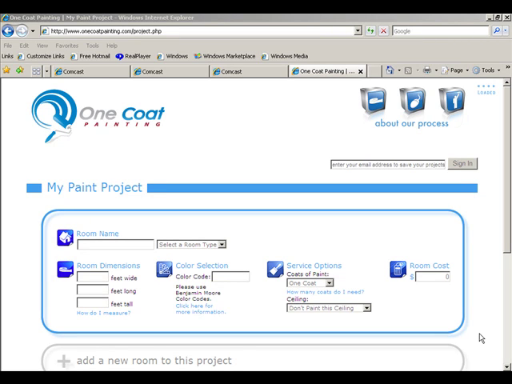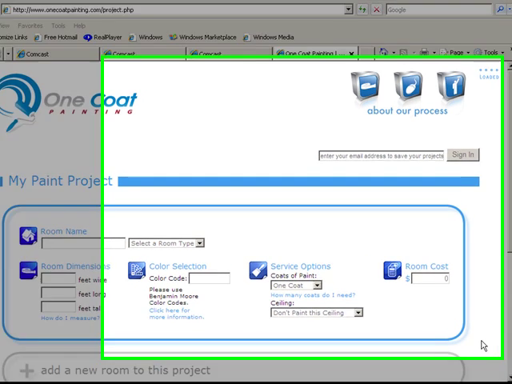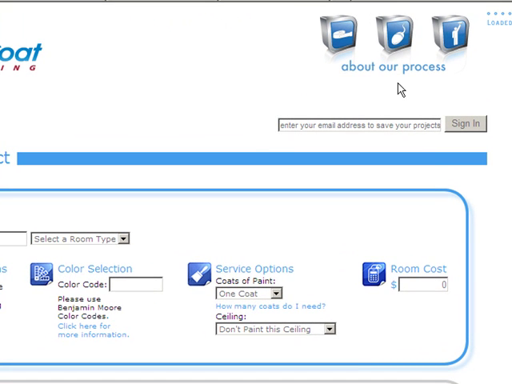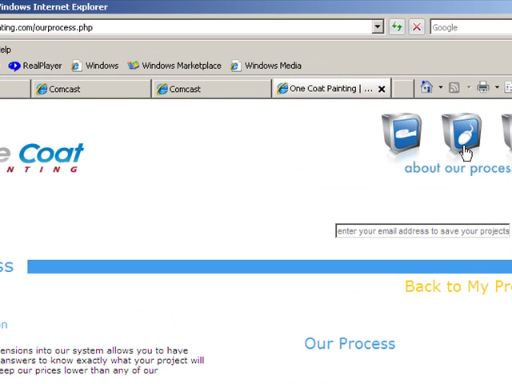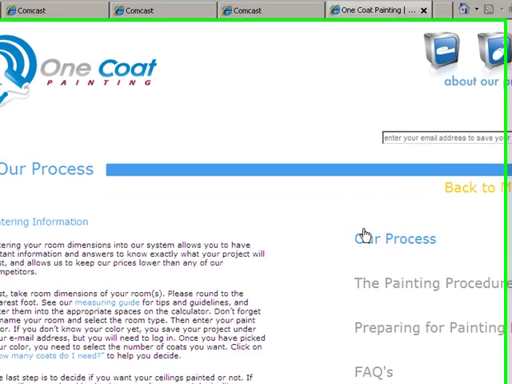Okay, now we're going to show you how to enter your information to create your own estimate. And in the process, I'm going to walk you through showing you some of the different features that we have in the estimating system. In the upper right hand corner, you will see we've got a little button that says About Our Process. This is an area that's probably good for you to explore a little bit. It's going to tell you about our process, everything that we're going to go over right now,